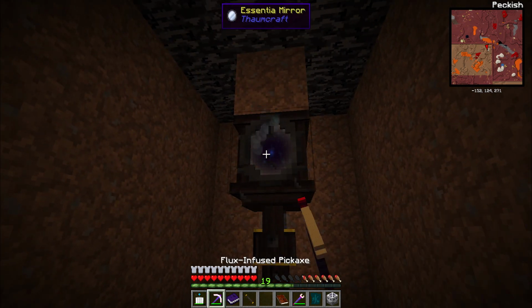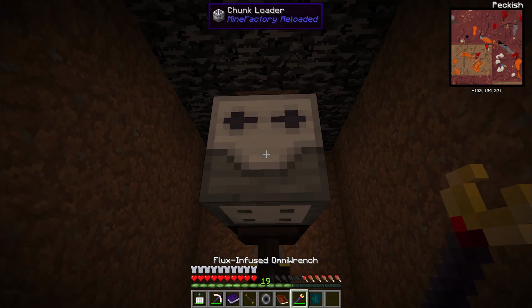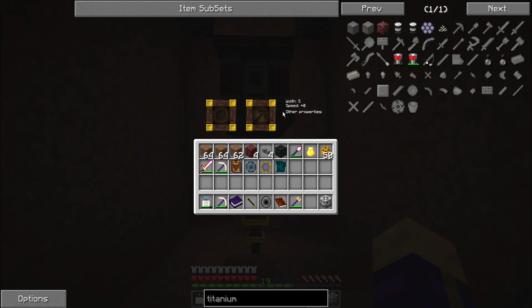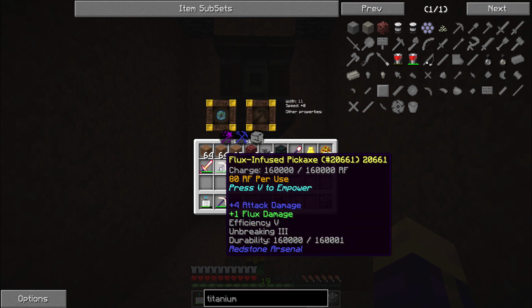So, to get this thing started... Whoops. Don't actually want to do that. Not yet. Come on. What am I doing wrong here? Open hand? There we go. Ah, you need to actually click the bore itself. So to get this thing started, all you need to do is toss in the wand focus of excavation. It shows you the width. Efficiency 5 is going to give this thing...